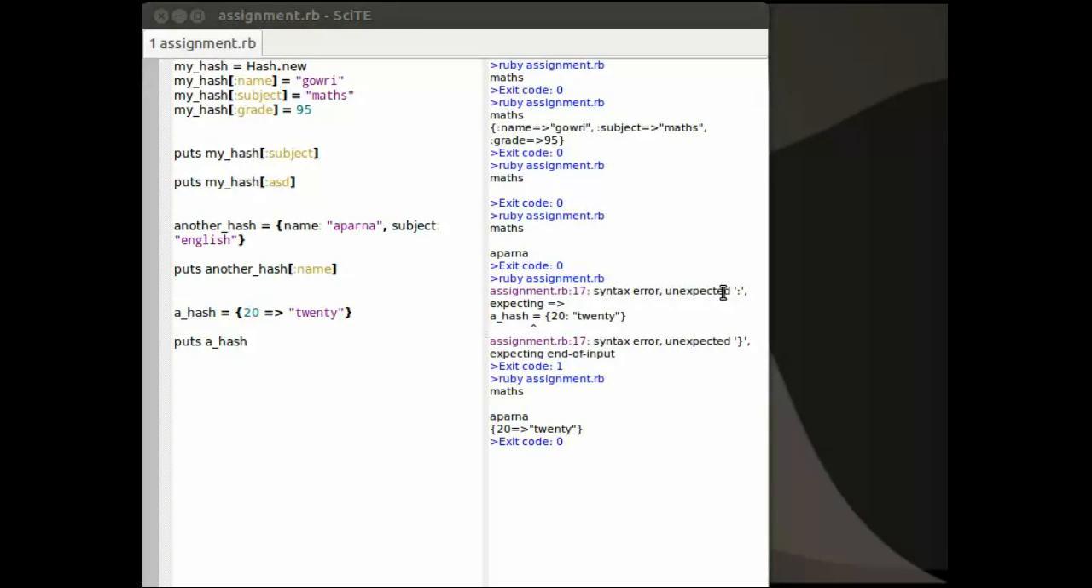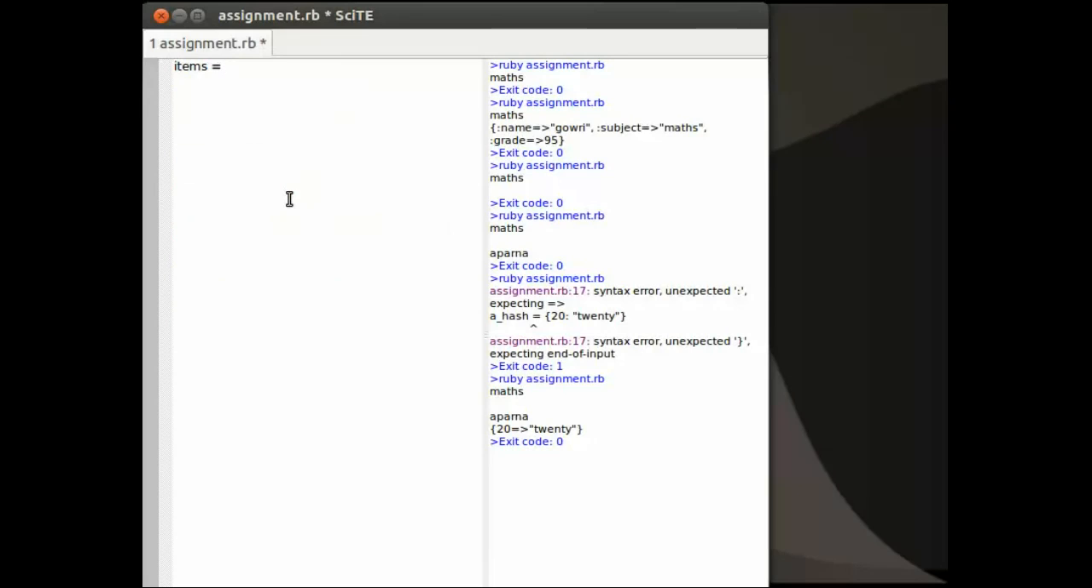Now let us get our hands dirty making use of arrays and hashes like professional developers do. Let us try to do a small program. Try to convert an array of adjacent elements to a hash. So let's say that we have some items here like fruit, orange, stationery, pencil,